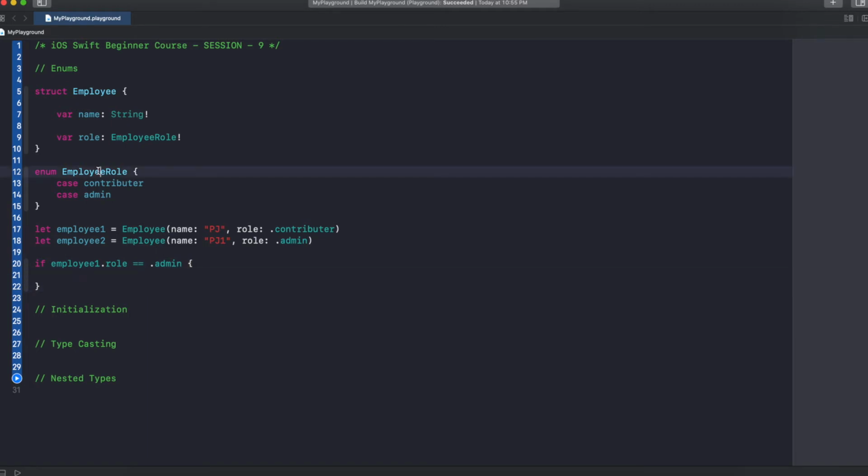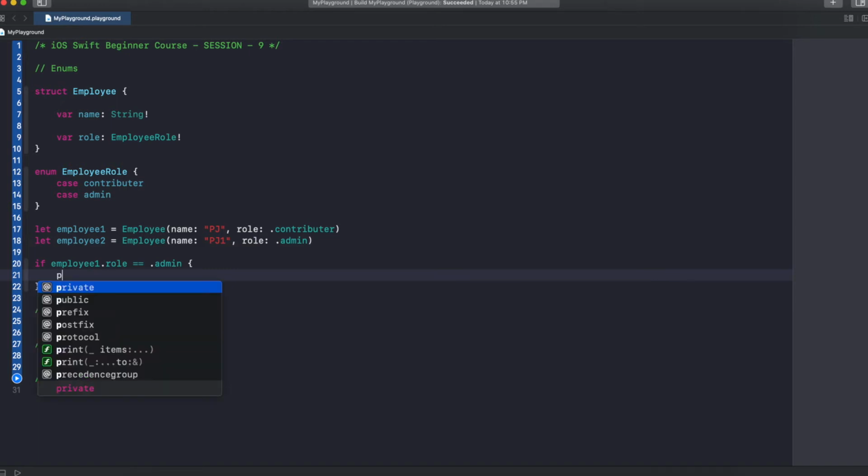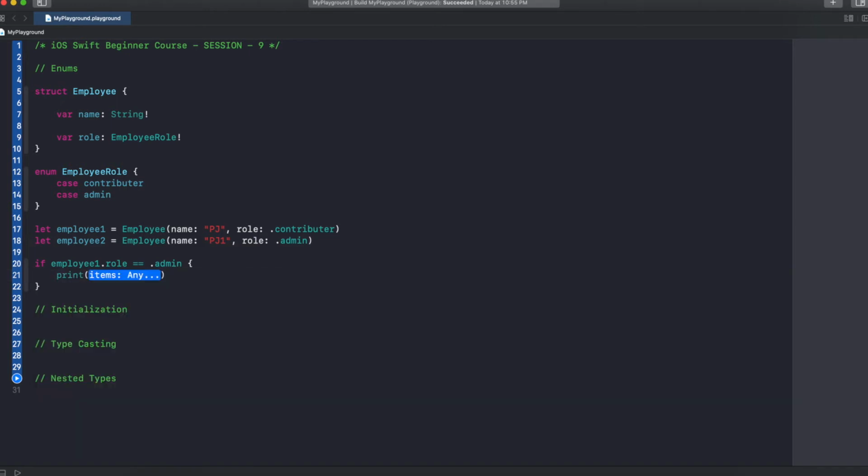This EmployeeRole doesn't have any data type. Assume that you want to print something like admin in your user interface if the role is admin. So we would print "admin", right? But even this is wrong. We should not be doing it like this.